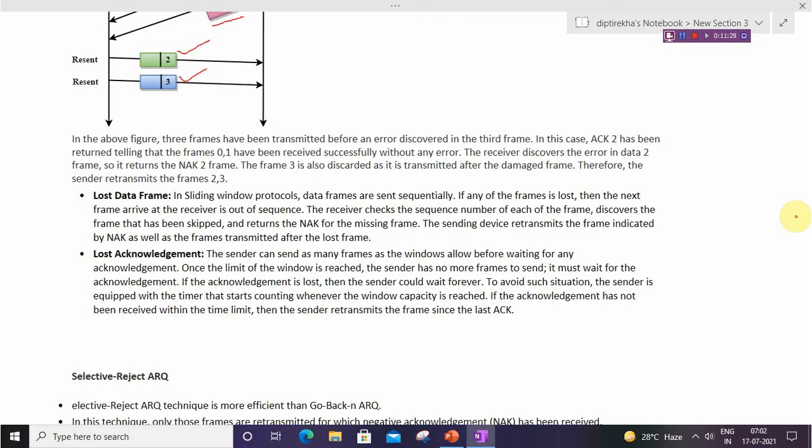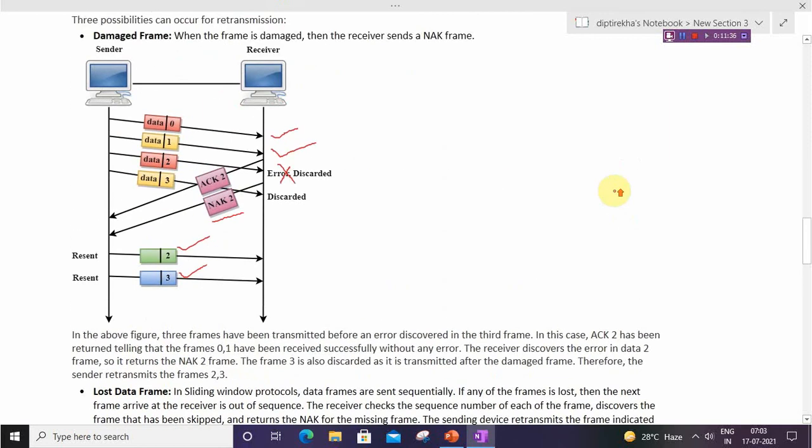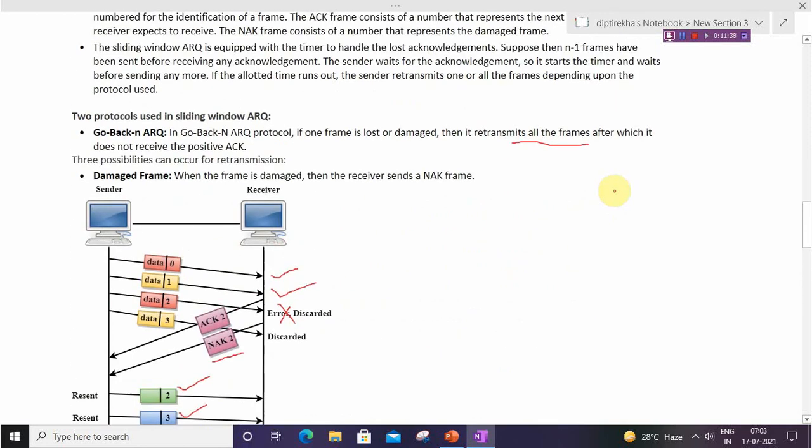So these are the three conditions where retransmission occurs in Go-Back-N ARQ. In Go-Back-N ARQ, it retransmits all the frames after which it doesn't get the positive ACK. If the receiver receives any damaged frame, it sends a NAK frame, and from the NAK frame number the sender sends all the frames to the receiver again.